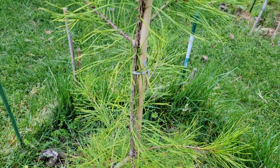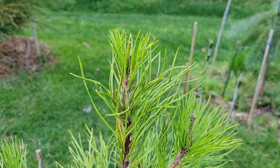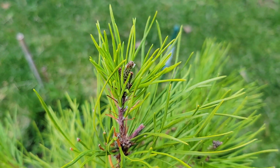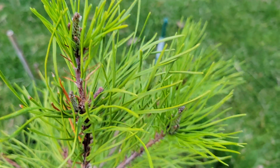And they're not the fastest growing pine, relatively slow, but this one is already putting on new growth, as you can see. And here we are at the beginning of April, so